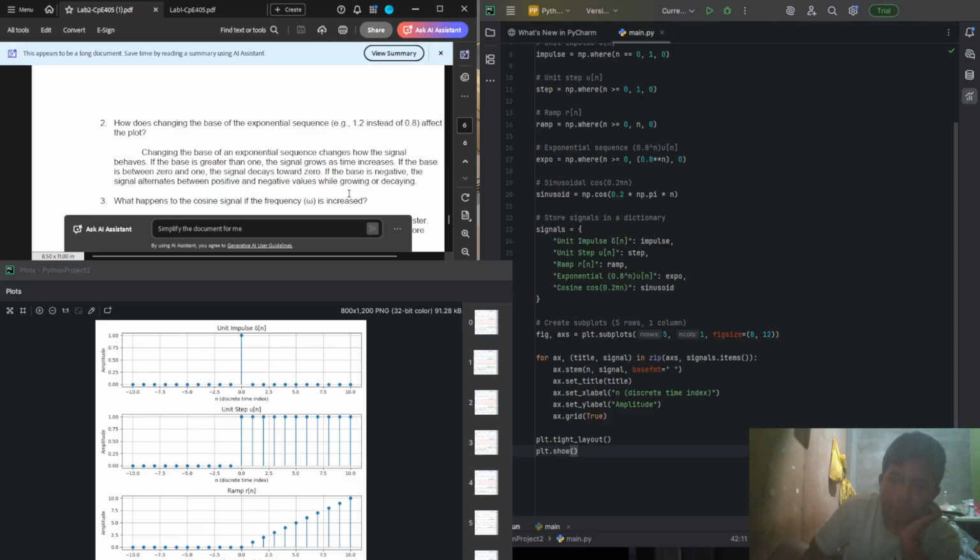Why? Because when you raise a decimal number less than 1 to a power, it decreases, and when you raise a number greater than 1, it increases. Like 1.2 raised to 2 is 1.44, and so on, unlike 0.6, which gives 0.36, so it decays.